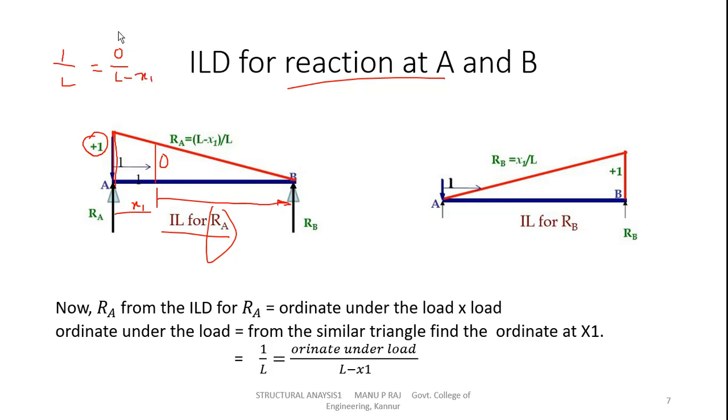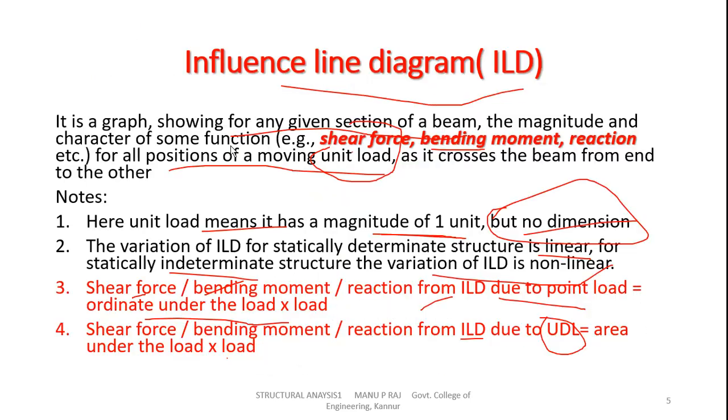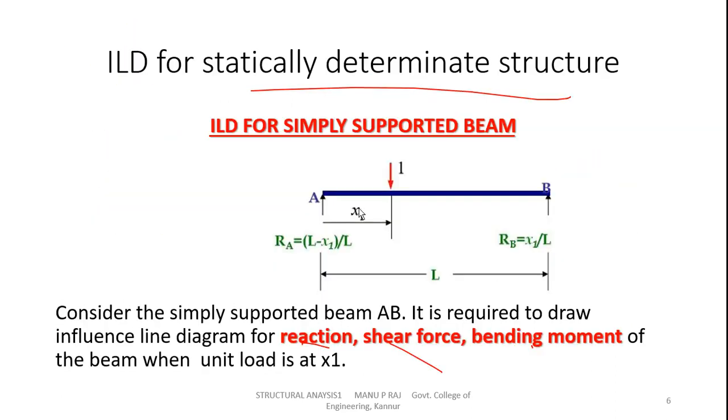So this ordinate equals (L minus x1) times x1 divided by L. That is, L minus x1 divided by L. Now we know that the shear force, bending moment or reaction from an ILD due to a point load will be equal to the ordinate under the load into the load. In this case, at section x1,